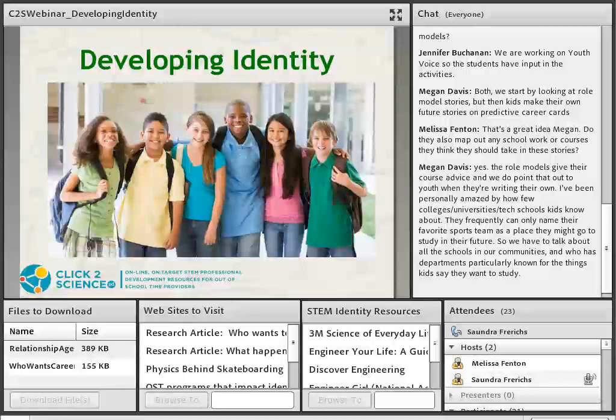Now, as I mentioned earlier, our focus for the webinar today is developing a STEM identity. We often think of the teen years as a time when young people are developing their identity, but it's not something that starts in middle school. Developing your own identity starts from the time children are very young. And developing a STEM identity, being able to see yourself as someone who contributes to and uses science and engineering, actually starts much earlier than middle school as well.